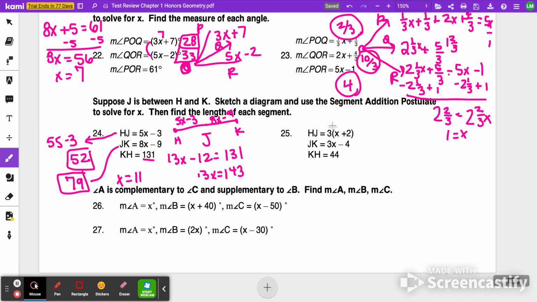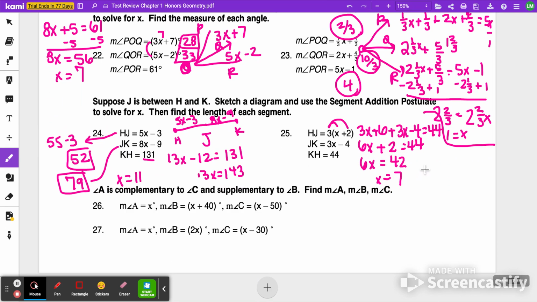Same thing here. Notice we do have some distribution. So this is actually 3x plus 6 plus 3x minus 4 equals 44. Okay, combine like terms. 6x plus 2 equals 44. 6x is equal to 42. x is equal to 7. So plugging in those,